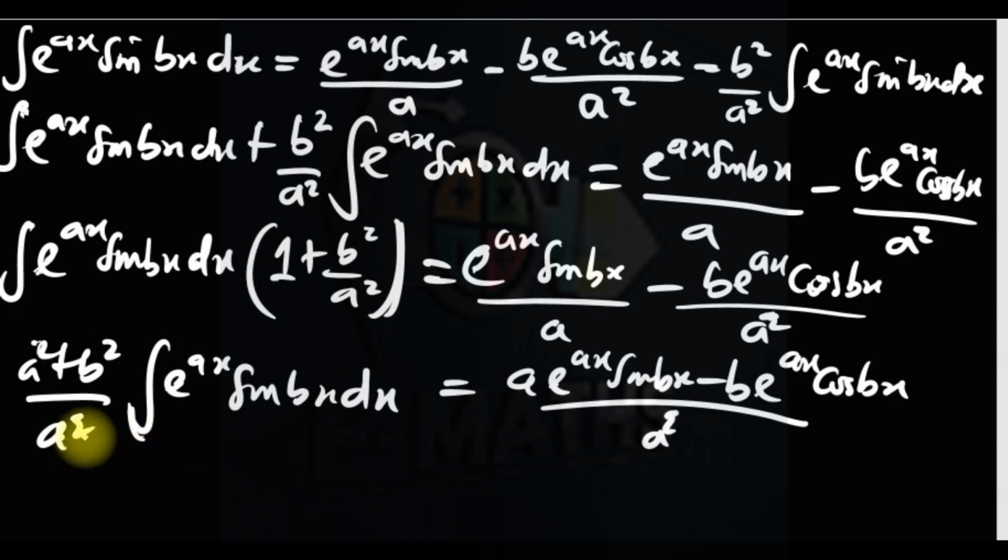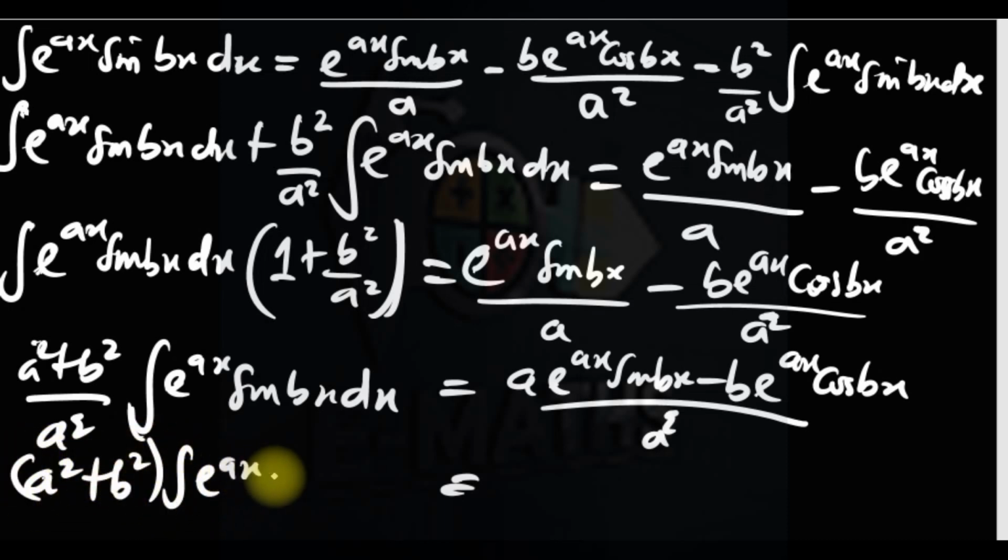This is this. This times that. That's it. And if you look at this, what is common is a squared in both. So a squared, a squared. So I have a squared plus b squared integral of e raised to power ax sine bx dx is equal to